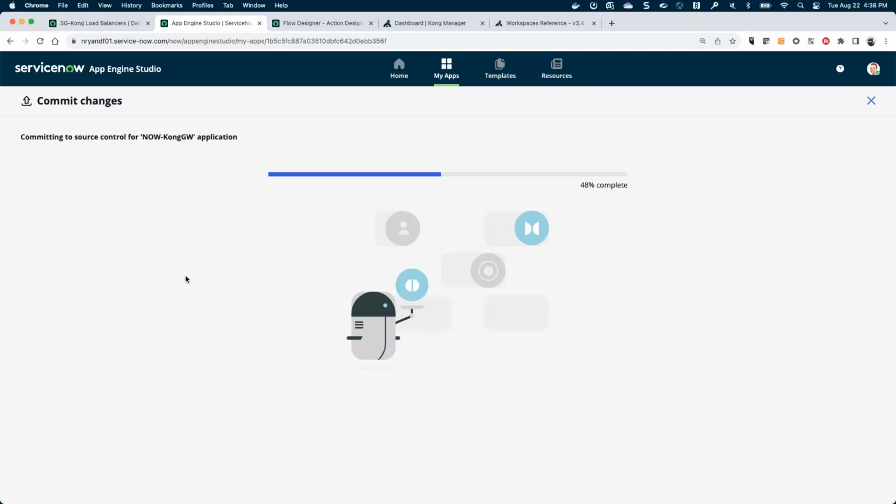At this point, we've gone through and created our data sources and our Flow Designer actions. So we should have the ability to get our data flowing into the system. And in the next episode, we will actually use that data to start building our transforms and our integrations in the